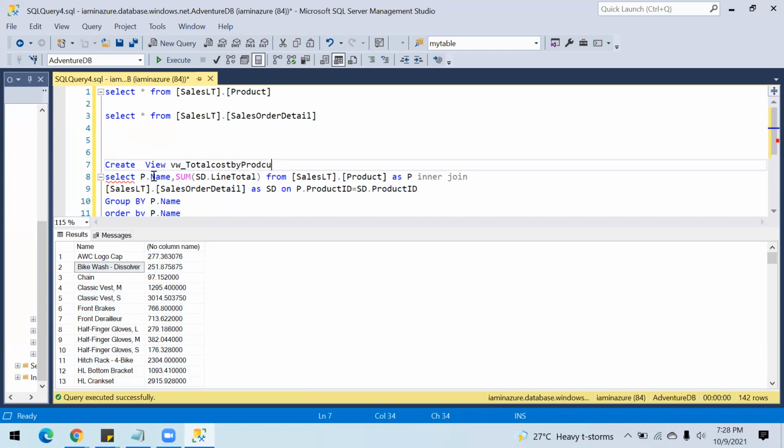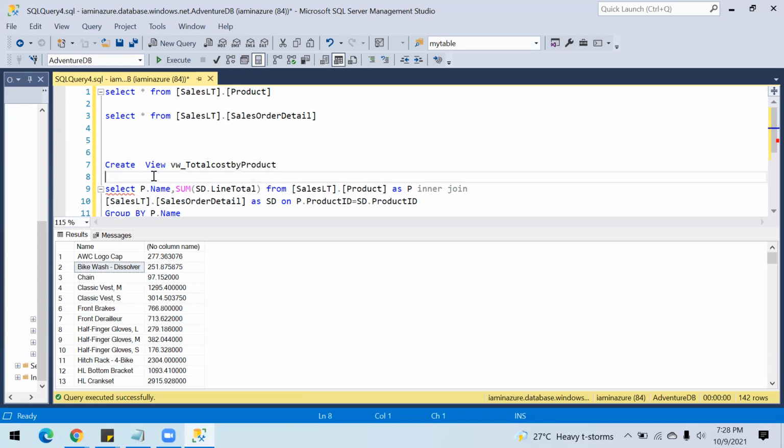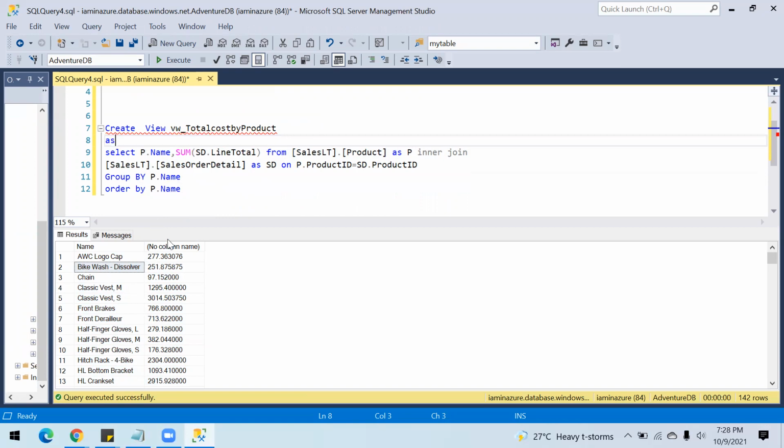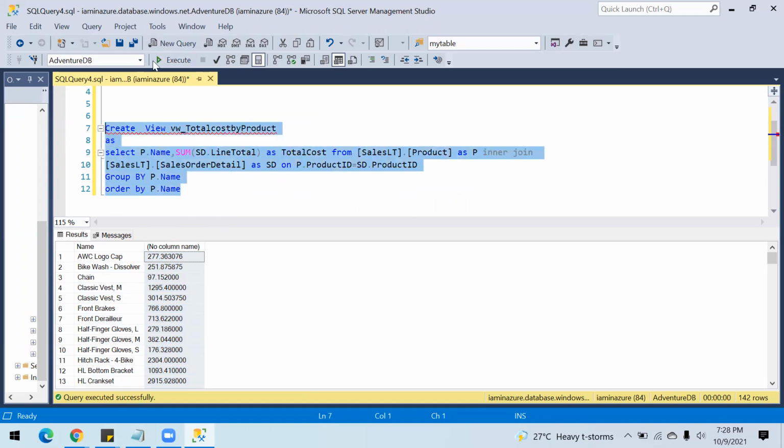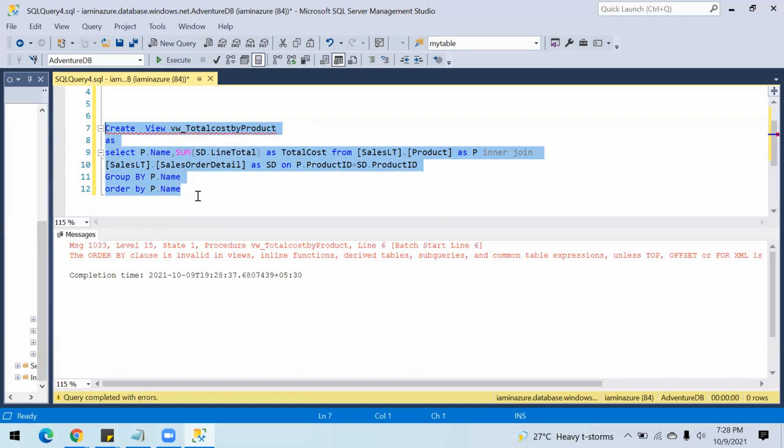Let's name this view as this. And if you look at this, this column doesn't have any name. So let's add a name here. I can use the AS keyword to give an alias. I'm going to say as total cost. Yeah, just run this. So you will have a view.